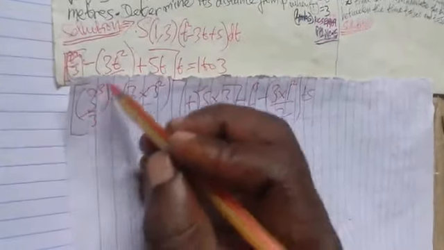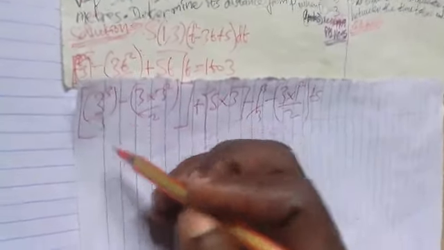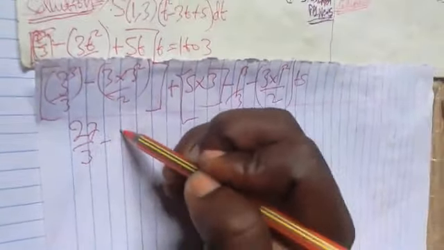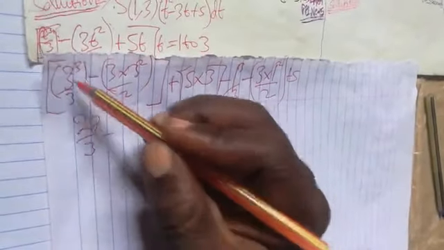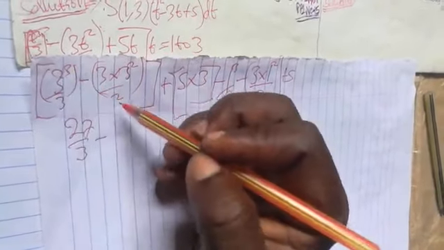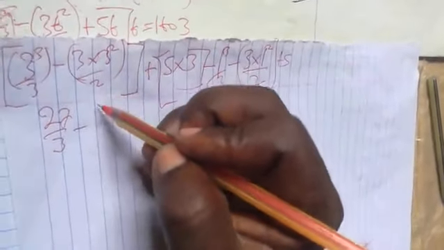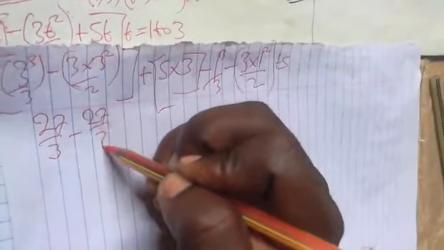Then we say 3 power 3 is 27 over 3 minus 3 times 3 power 2, which is also 27 over 2,